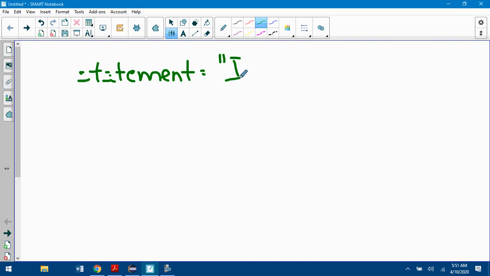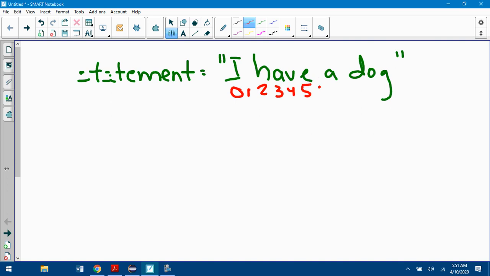A string, which is what statement is, is kind of like an array in that each spot has an index. I is at index 0, the space is 1, 2, 3, 4, 5, 6, 7, 8, 9, 10, 11.